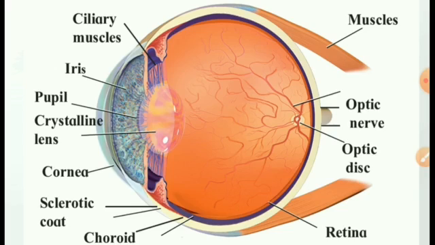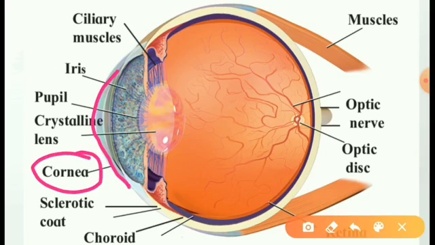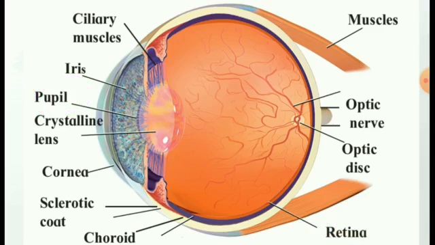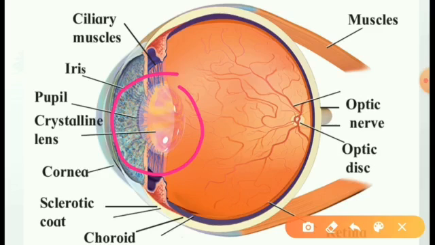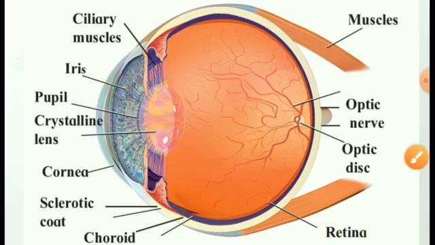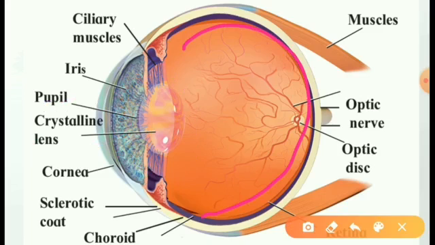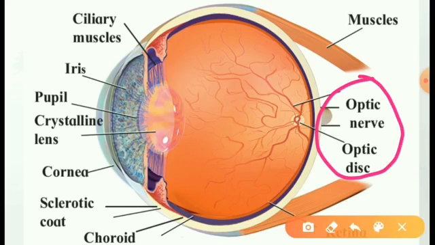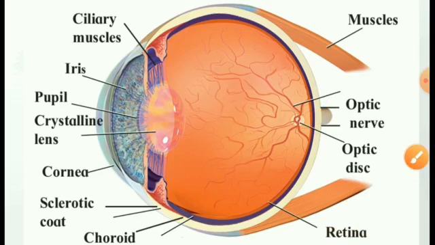And this is the construction of a human eye, where you can see the first layer which is a transparent layer called the cornea. Inside that there is the iris, and for different people the color of iris is different. Then comes here the pupil which controls the maximum light entering through it. Then there is the crystalline lens which is shown here. Even there are light sensitive cells which are present in the retina. And here are the optic nerves which carry the messages to the brain and vice versa.